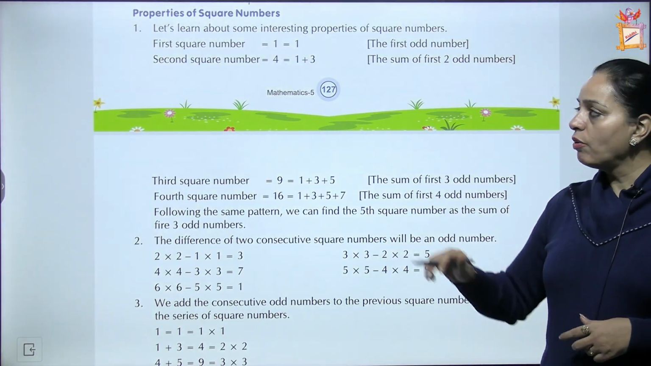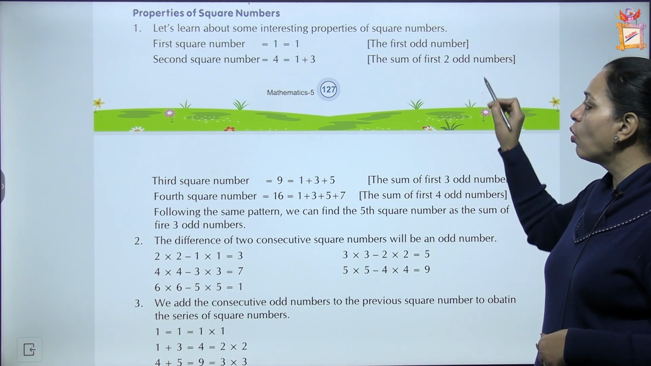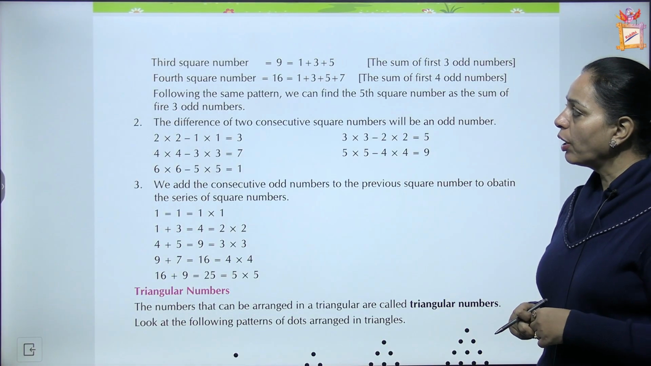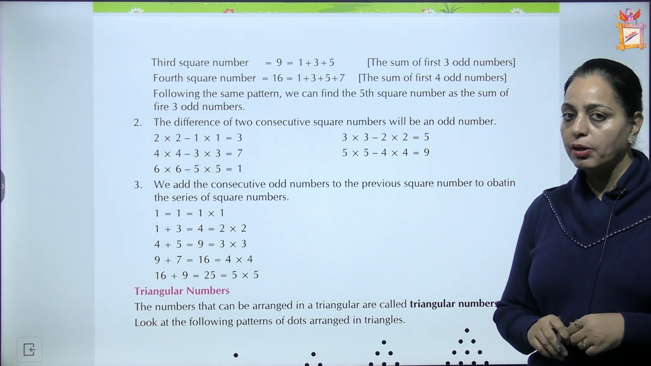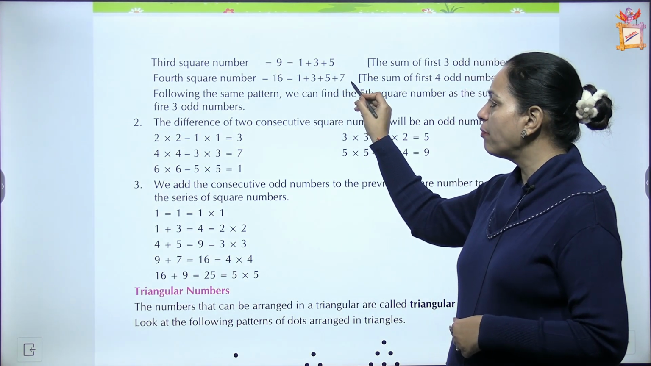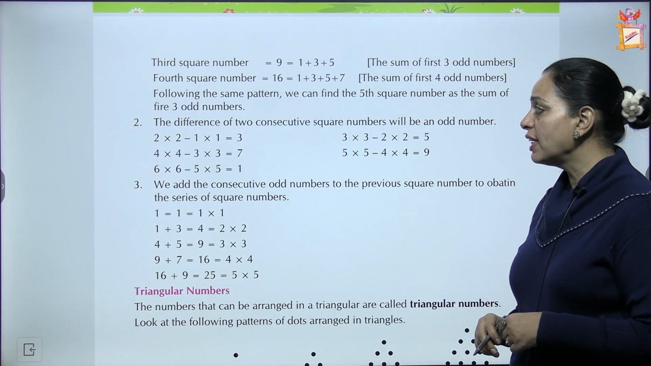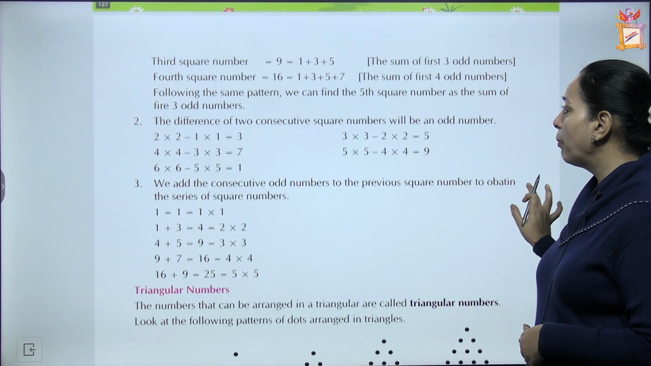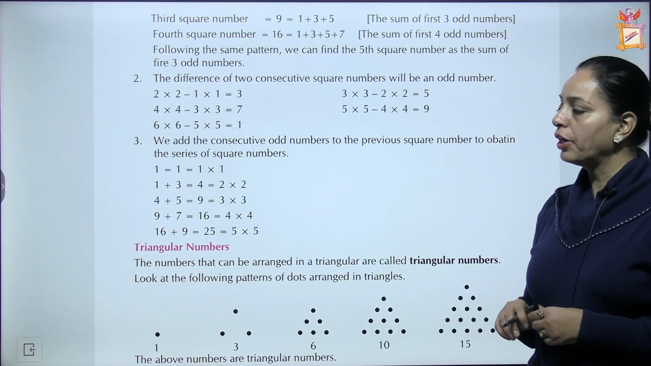1 plus 3. 1 is the first odd number and this is the sum of first two odd numbers. Now third square number is 9. 1 plus 3 plus 5 means sum of first three odd numbers. Now fourth square number is 16. 1 plus 3 plus 5 plus 7 means sum of first four odd numbers. So following the same pattern, we can find the fifth square number as the sum of first 5 odd numbers,